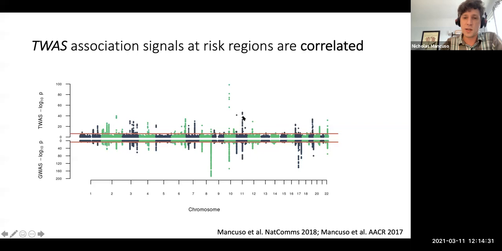And so you see these similar patterns where associations are correlated at risk regions, right? And so we saw this earlier on. And I think some of the surprise for this in the general community was that TWAS is supposed to give causal associations when that's not clearly the case. It's right there in the name. It says association study, not causal gene identification study. And so what we wanted to do is come up with a method to sort of figure out what's going on, right? Given these associations in a TWAS, can we provide evidence of what the causal gene actually is,